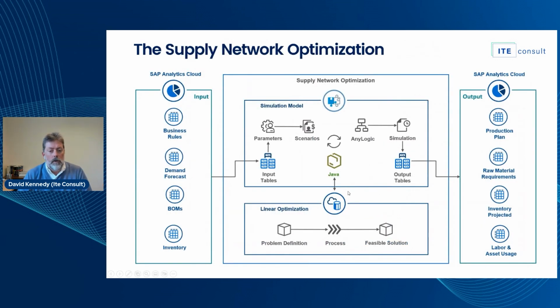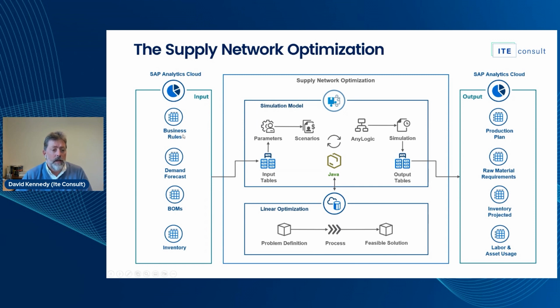On the other hand, going more into the detail of the optimization model, as I said, we get the input from SAP. We are basically reading 4 different data areas. So we read some tables with business rules. This is what allows AnyLogic to build the plants, the lines, all the resources. So everything is built dynamically. There's nothing created in AnyLogic